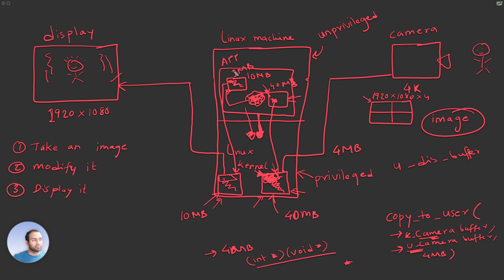Or let's say it's 10 MB. You fill all of the 10 MB just to make life easy. Let's say you fill all of the 10 MB somehow using the 4 MB, stretch it, this, that, whatever. Your algorithm leads to 10 MB worth of output, all different layers of information, whatever. And so you're now sending out another request saying copy from user to the kernel, right? So copy from user. And it is also similar. It's like, give it the source address, the destination address, just the address, and the size in bytes, the length